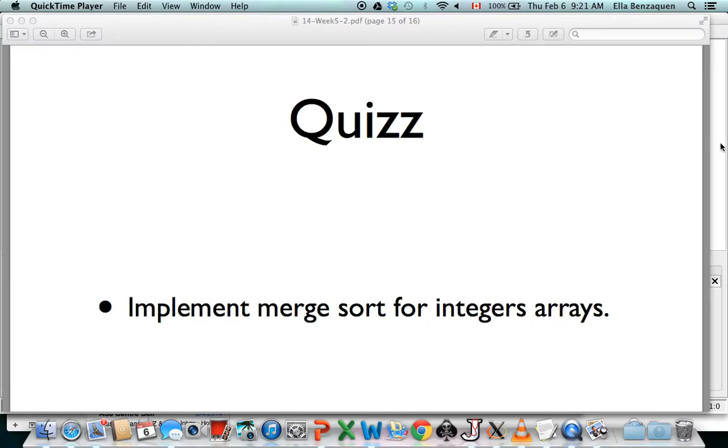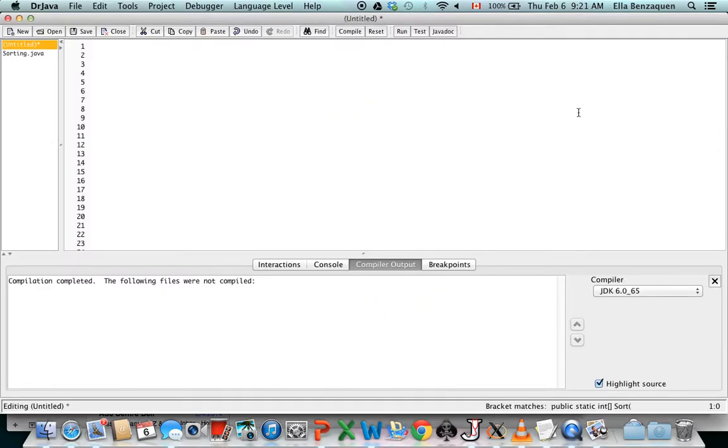So we're going to start by creating a class. We'll call it merge sort. And in this public class we need a method. And I am going to start by creating an